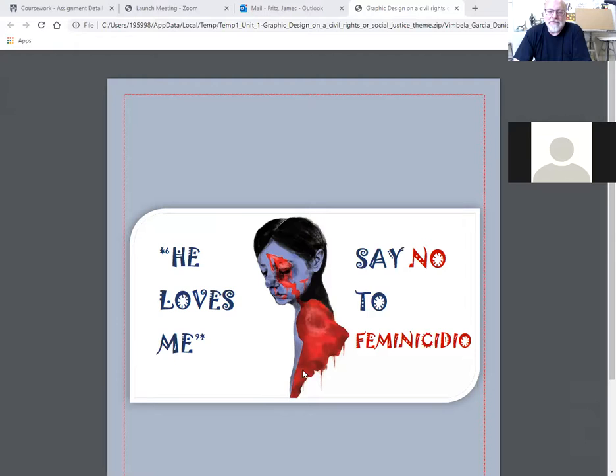If this is the student's art, this is fantastic. I wish to suggest bringing these things closer together. I'm always interested in trying to consolidate and pull things together. These three words over here on the left side tend to float independently and don't relate as closely to the image as they could.